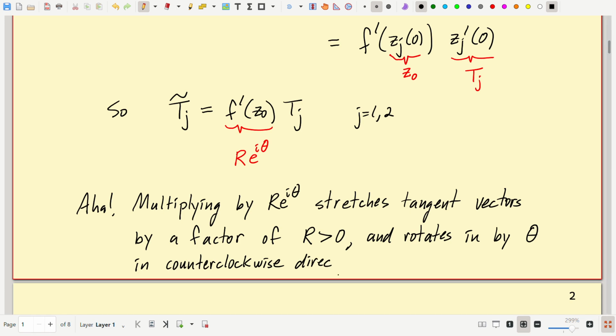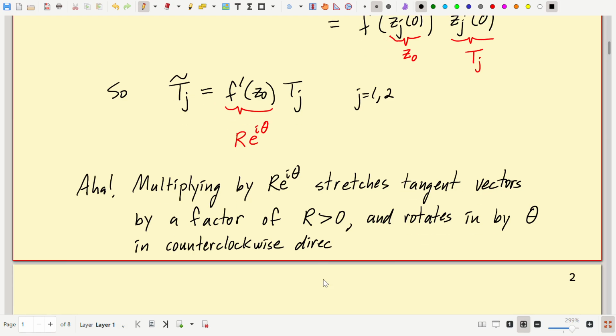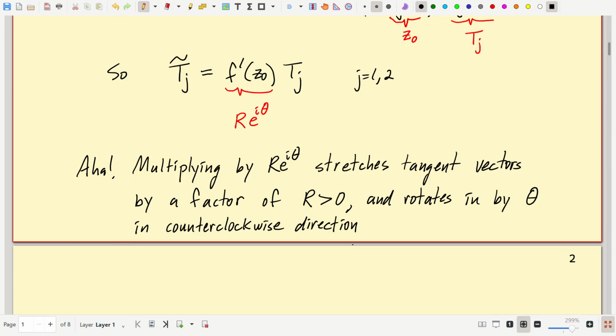Of course, if that theta was a negative number, which it could be, then that would be going in the other direction, the clockwise direction. But whatever it is, it certainly preserves that angle, because it means you move them both by the same amount. That angle is preserved. So the angle alpha,